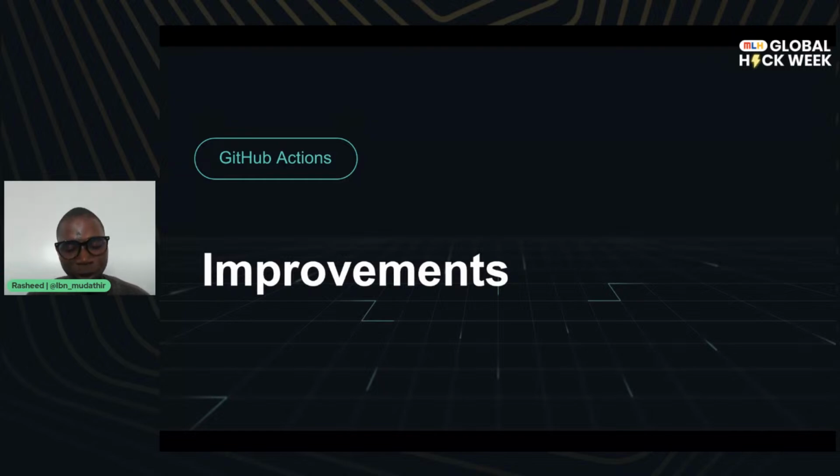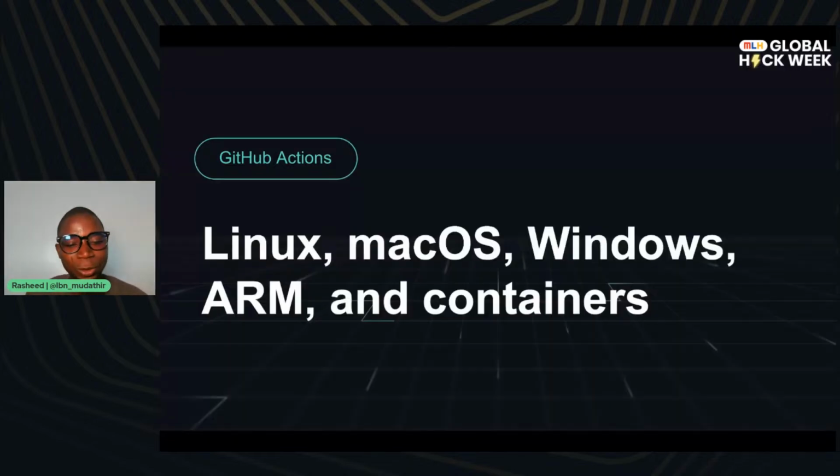So when GitHub Actions started, there were a lot of things missing. As we all know, you can't have perfect software at any point. You keep improving it, and it keeps getting better. That's why GitHub Actions has improved over time and gives you a lot of capability beyond what I just said, and you can rely on it as your complete CI/CD pipeline. Let's look at some of them.